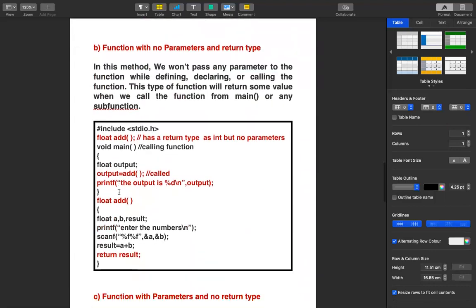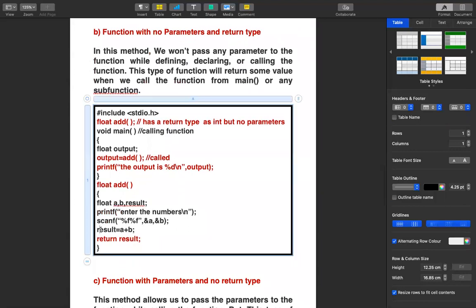But in this example, what I am going to do is, after calculating the result, I am returning the result. Now imagine I have a is equal to 1.5 and b is equal to 1.5. So result will be 3.0, because 1.5 plus 1.5 is nothing but 3.0.